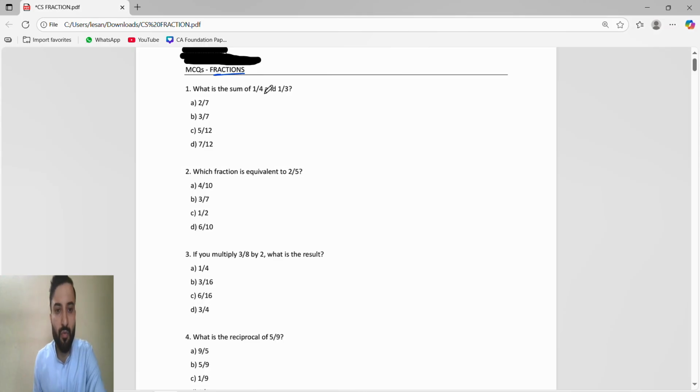What is the sum of 1 by 4 and 1 by 3? So they said sum, and sum means plus. We have to do the sum of 1 by 4 and 1 by 3. Now this is very easy. So sum means this: 1 by 4 plus 1 by 3. Whenever you get this type,